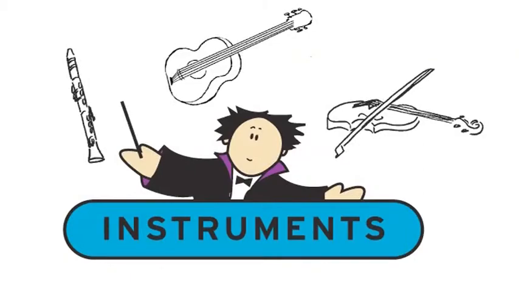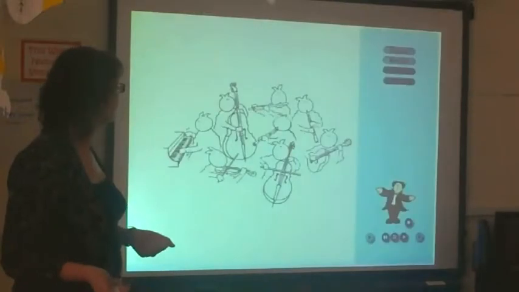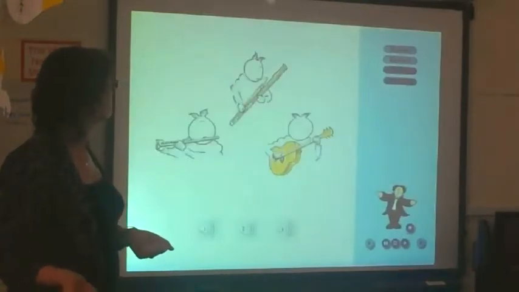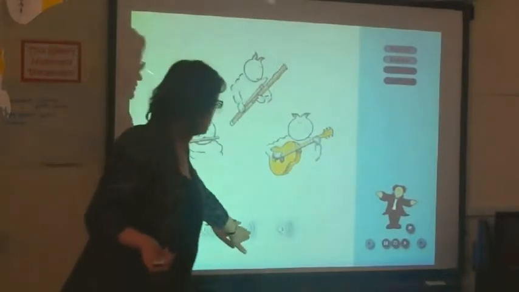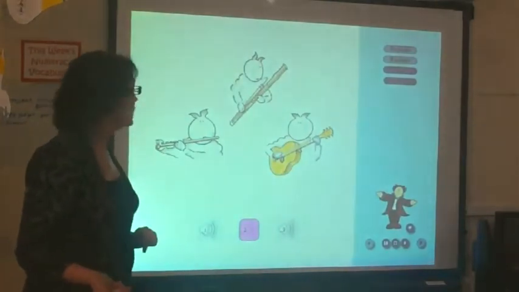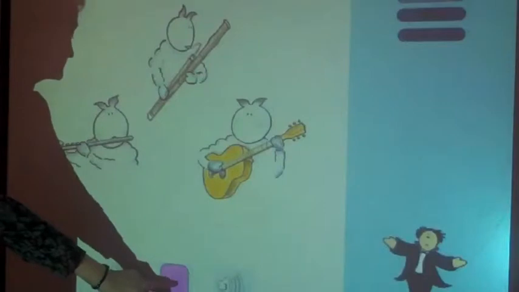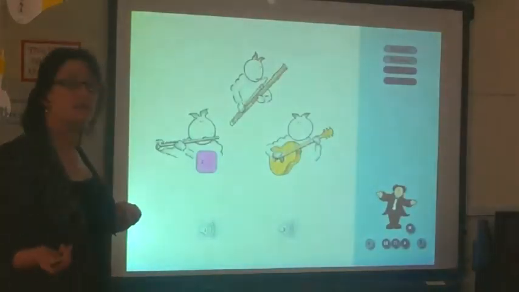Let's look at some of the things you can do in order to introduce instruments to the children. Match the sound to the instrument. So let's choose number 2. You should be able to hear the flute. And if they get it right,